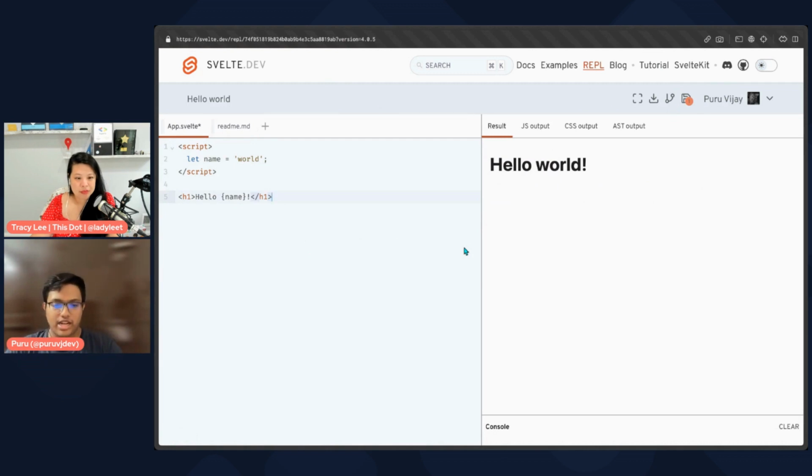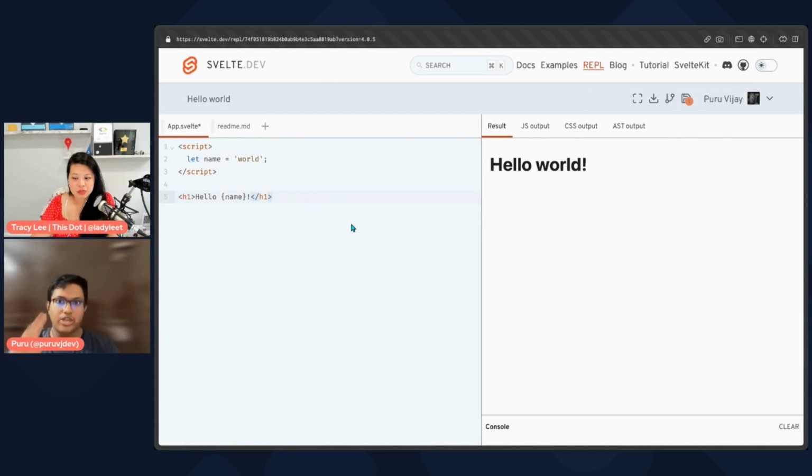The next thing that I would like to talk about is an upcoming little experiment that we are looking to do, which is a hybrid REPL, which is web container and Rollup combined. So let me elaborate that. This REPL that we're seeing, it is run entirely by Rollup. So Rollup is running in a web worker, and it does all of the bundling, all of the diagnostics, everything in your browser without the need of a backend. But